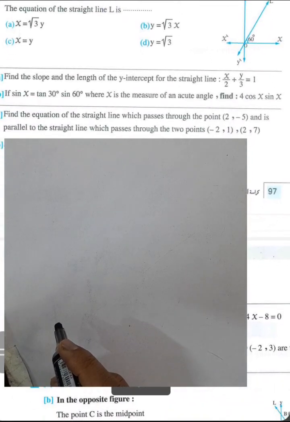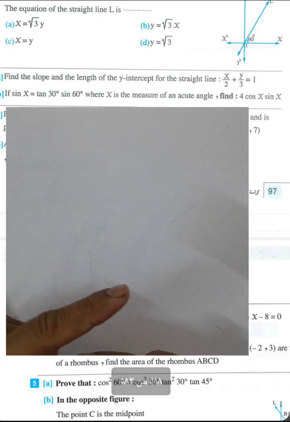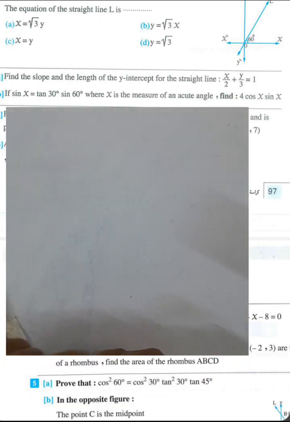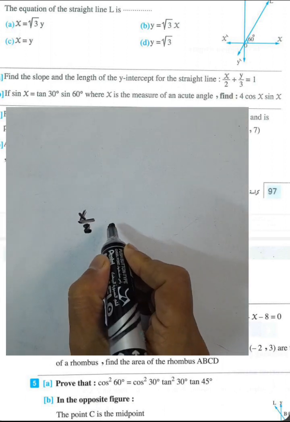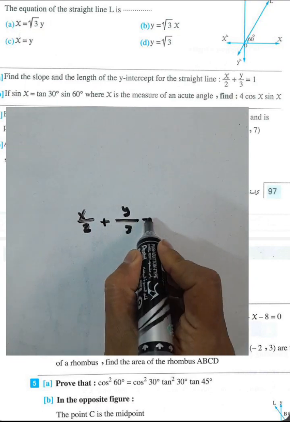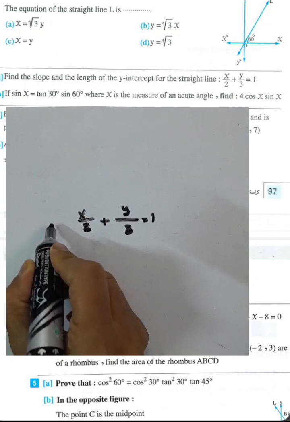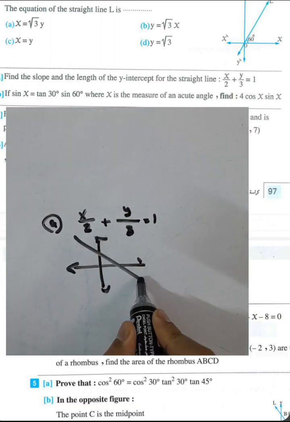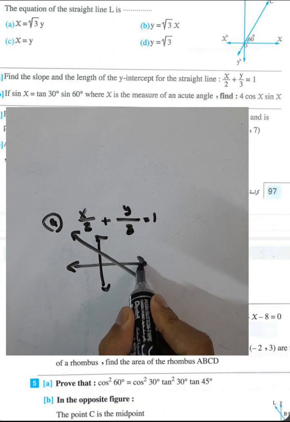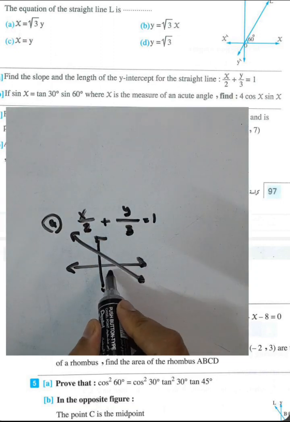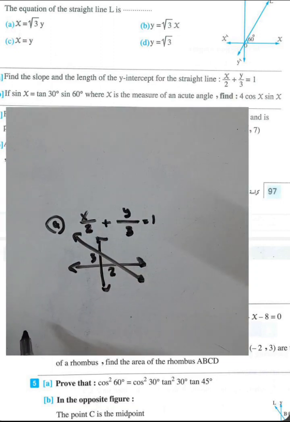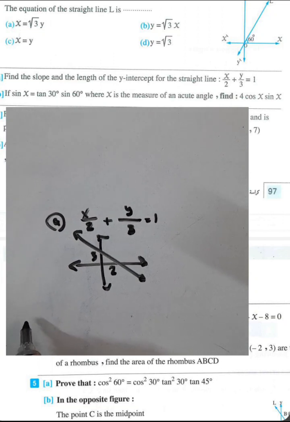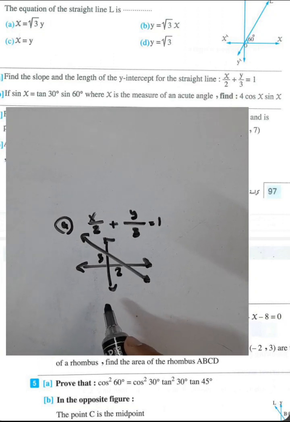Next question, letter E. Find the slope and the length of the y-intercept for the line x over 2 plus y over 3 equals 1. We know this equation of a straight line cuts two parts from the x-axis and three parts from the y-axis. Okay, then you can write the slope